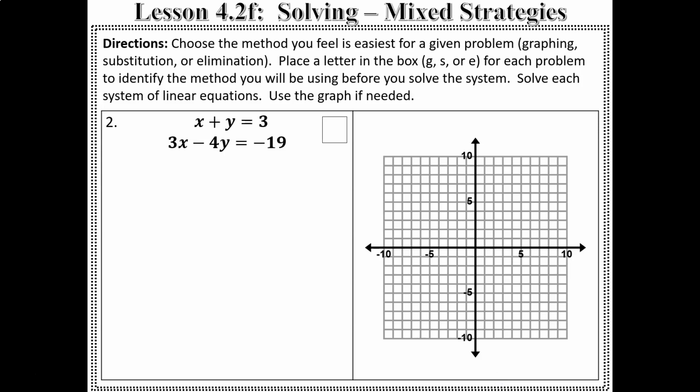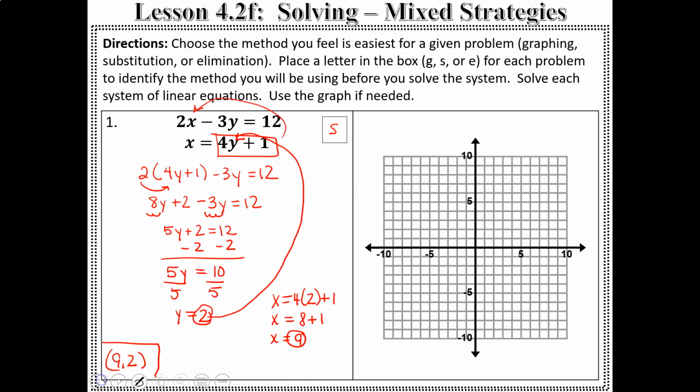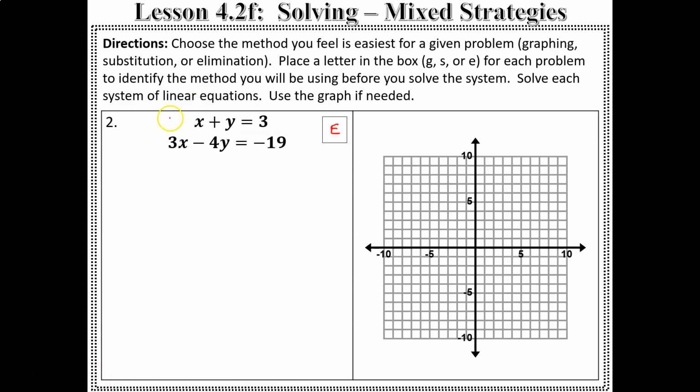All right. So I guess this one could go either way here. We just did substitution, so let's make this one into elimination. I'm going to force this into elimination by multiplying the top equation by negative 3, so I can cancel out those 3x's. So the top one will become negative 3x minus 3y equals negative 9. And the bottom